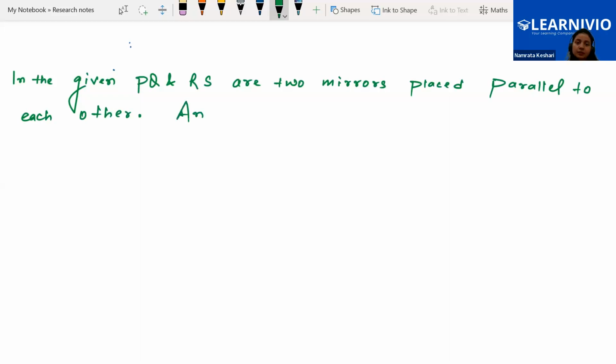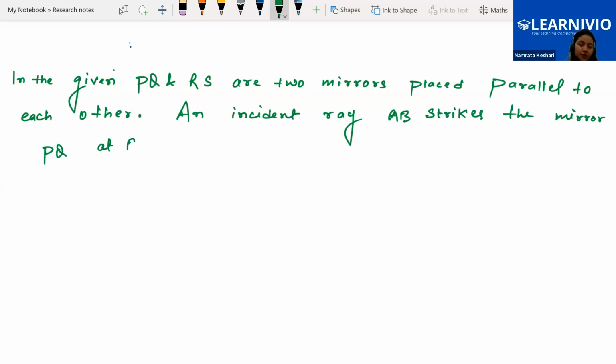An incident ray AB strikes the mirror PQ at B. The reflected ray moves along the path BC